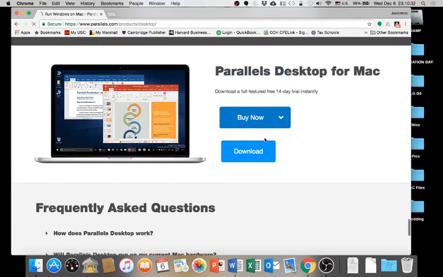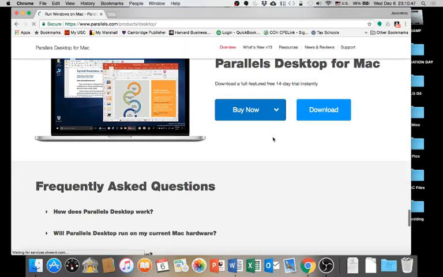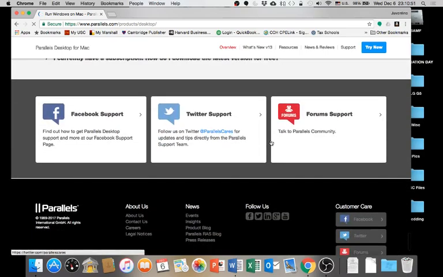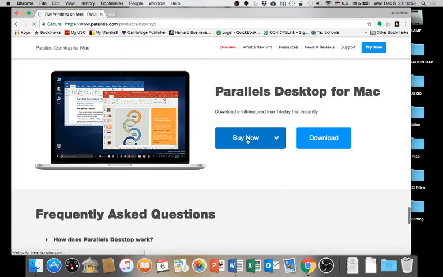You do have to have a partition made on your hard drive for your Mac, and what that is basically is sectioning off a piece of your Mac hard drive where the operating system is going to be installed. So on mine, I believe I have a 60 gigabyte